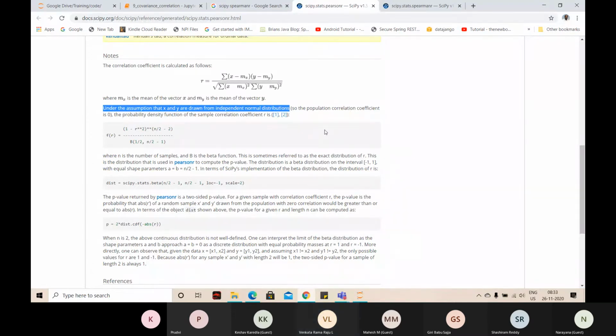What did you understand? What is the null hypothesis here? Did you understand the statement? Anything? Even if it is correct or incorrect, don't worry. Just answer. It says x and y are not related is the null hypothesis. Yes. I think x and y are like inputs, right? Independent, right? It's like input variables.